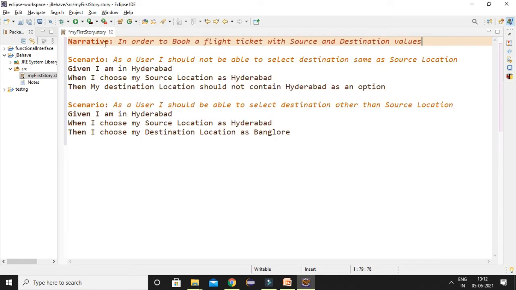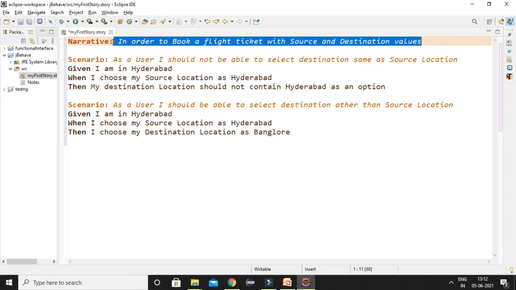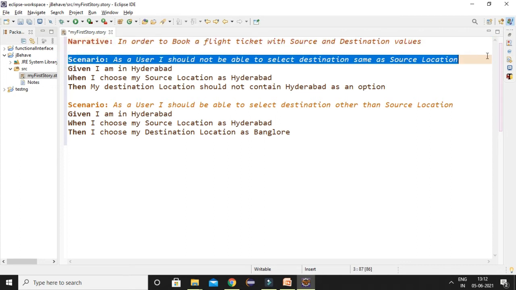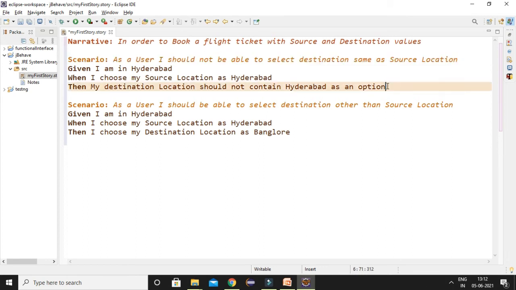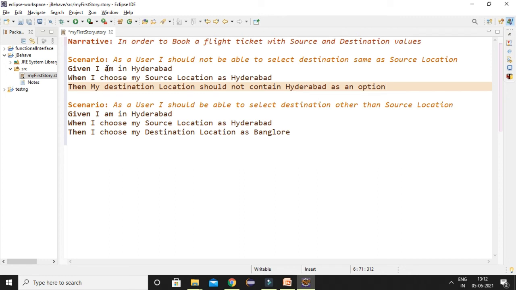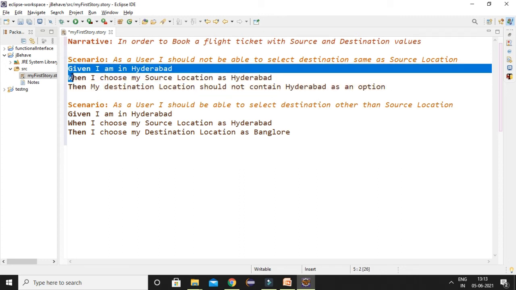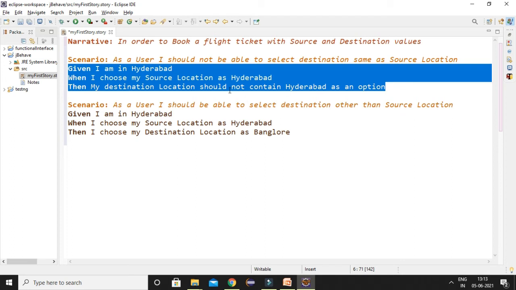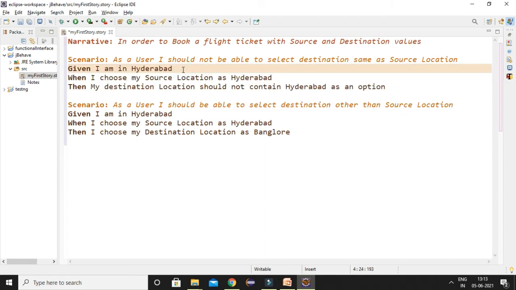A story file contains the Narrative keyword, used to describe the story, and each scenario will contain executable steps. All three keywords are used for execution only, but for readability we have different keywords.